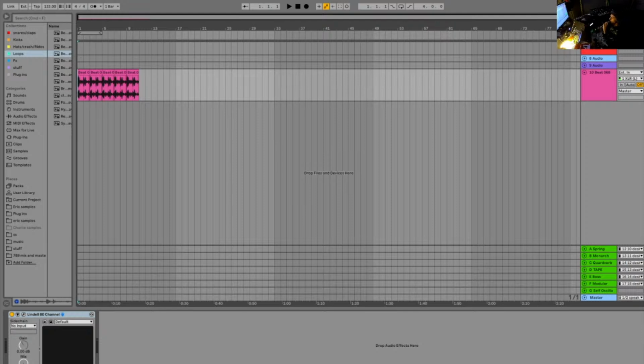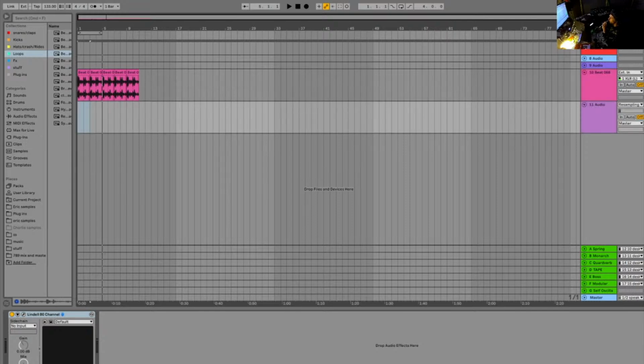All you need is a drum beat, so I've got this little drum beat now. So nothing crazy. And what I'm going to do is make a new audio channel, and I'm going to set this to resampling. If you're aware of it, resampling basically just takes anything from the master channel and records it. So when doing this, what you can do is press the record button,